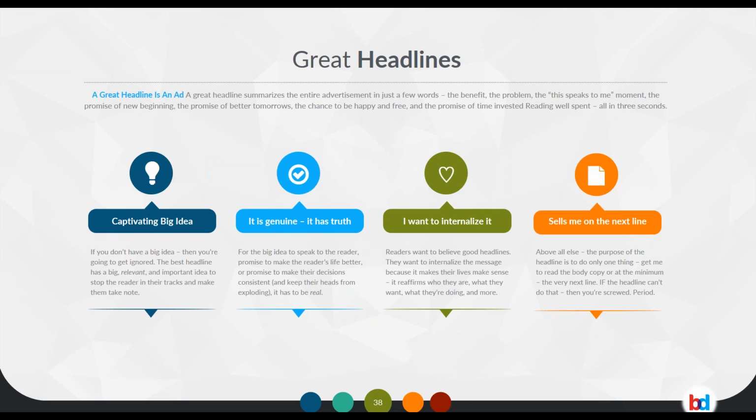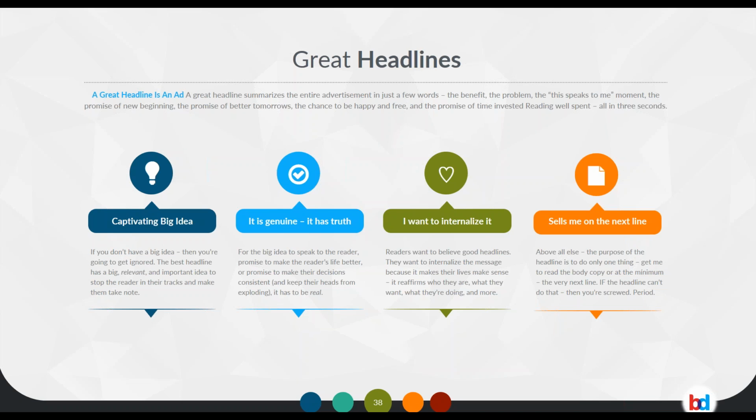Second element, it's true. It's genuine. You'll feel it. When you write the headline, you'll be like, yes, this is true. And the people who read the headline, who scan it and look at it, think, yes, this is true. Now, with the Olivetti girl, it doesn't have strong brand truth. It just really doesn't. And some of the others don't have strong brand truth. But Braniff, When You Got It, Flaunt It, was so successful because Braniff was very much about ostentatious display. It had brand truth.